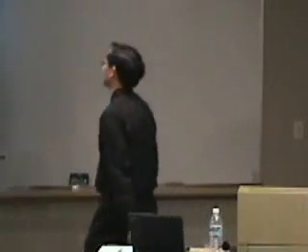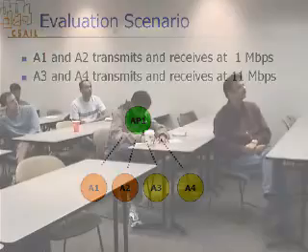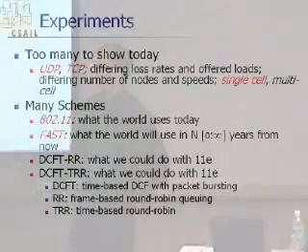Okay, so a bunch of experiments. I don't expect you to read the slide that much. But anyway, I ran a bunch, and I'm going to show just selective graphs. So here's one scenario where we have 4 nodes, A1 and A2, and